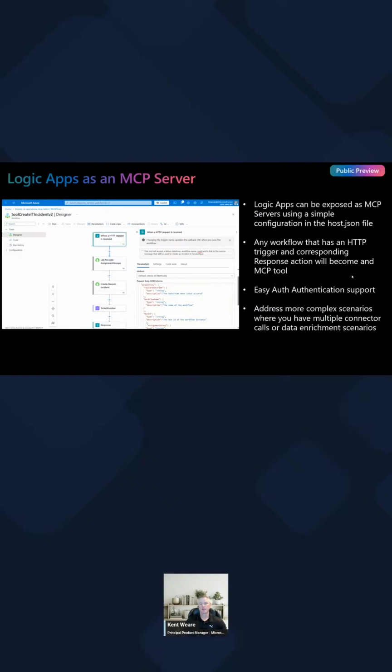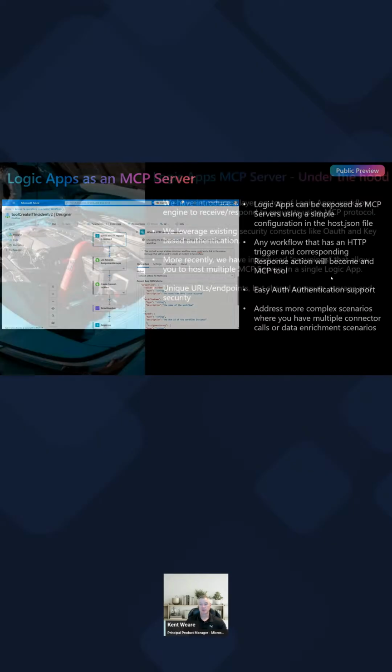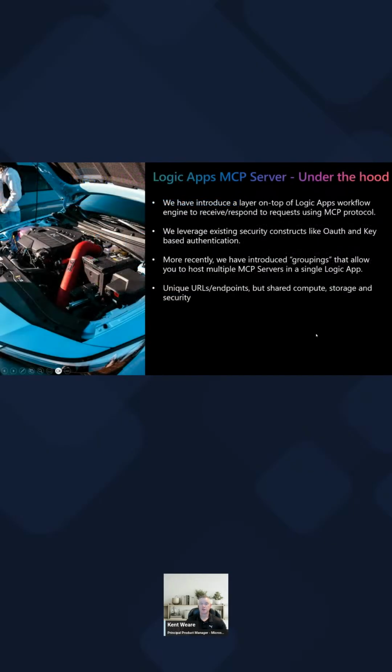And I will also say that we are working on an updated experience so that you won't have to do these configurations that I'm showing you. But I think it's always interesting to understand under the hood what's going on. But you will see probably within a month to 6 weeks how inside of Logic Apps we will provide an experience for you to do all of this configuration yourself.